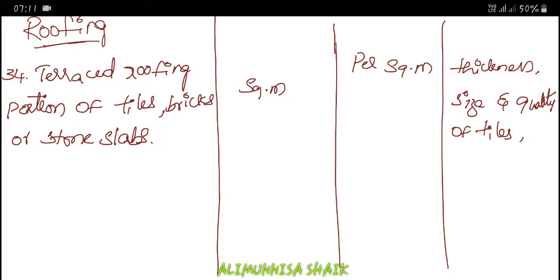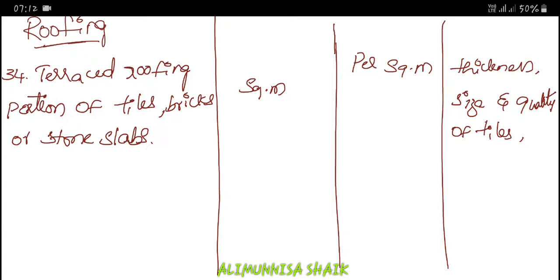Each and everything should be stated. The number of layers, method of laying, pointing and the kind of mortar with proportion shall be stated and included in the item. The supporting rafter and beams shall be measured separately under the relevant clauses.